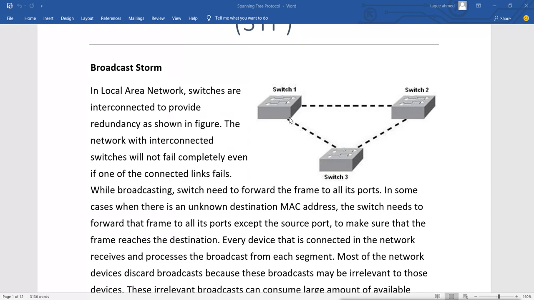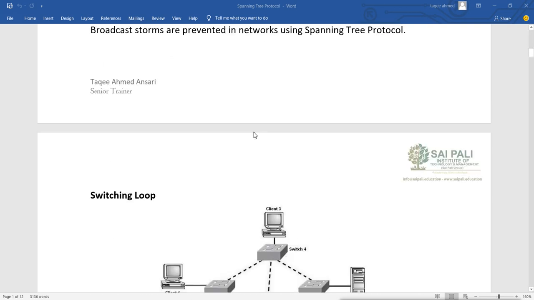In this kind of situation, we can have a layer 2 loop, and when you have a loop, it can be a broadcast storm. The broadcast packet can travel between these three switches for an infinite time. If someone sends a broadcast packet, it will go to switch 2, which will also broadcast, switch 3 will also broadcast, and then switch 1 will also broadcast. All three will start doing broadcast, and then it becomes a broadcast storm, which happens when we have a switching loop.